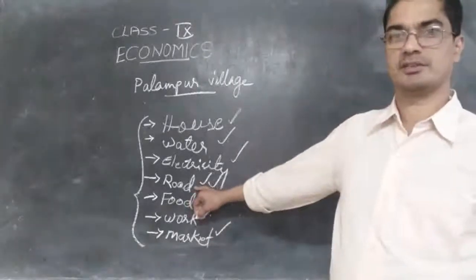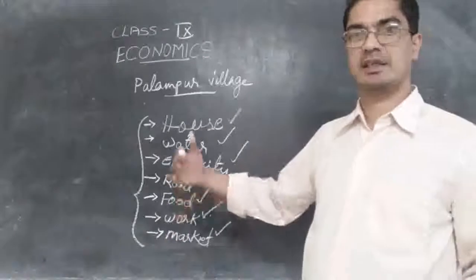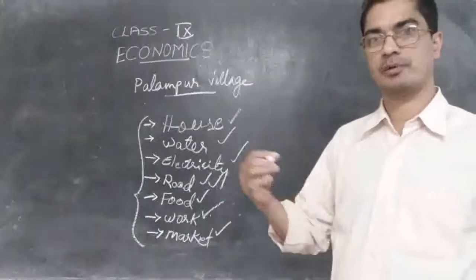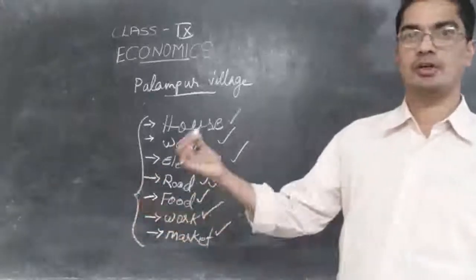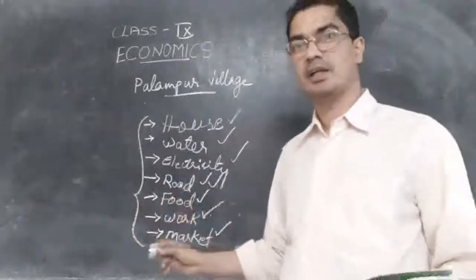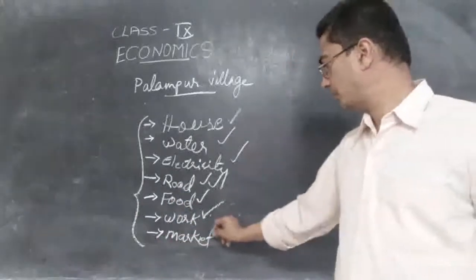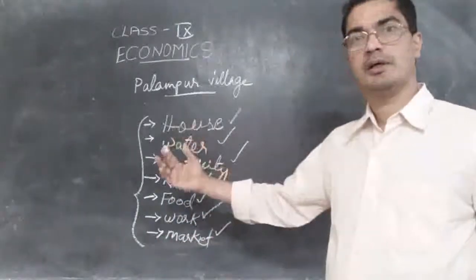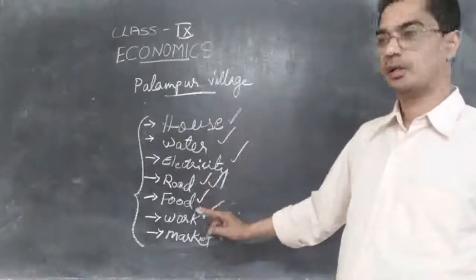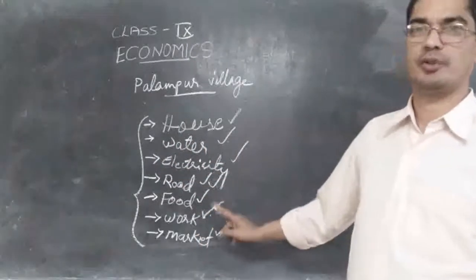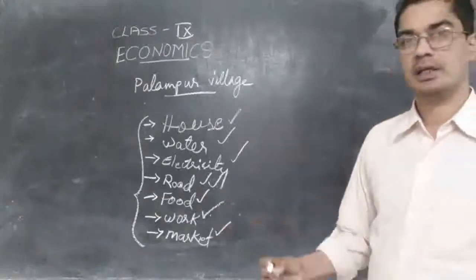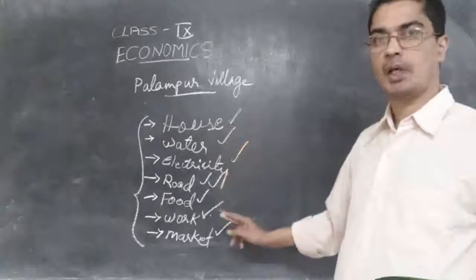the road is there, I can carry my extra things and sell in the market. So there should be a market for me to sell my products, and also what I don't have I can buy from the market. For selling and buying I need a market. So for that I may have to go to the nearby town. So there should be a good road, there should be a taxi for me to travel and so on. So when all these things are there, we can say a village is well developed.